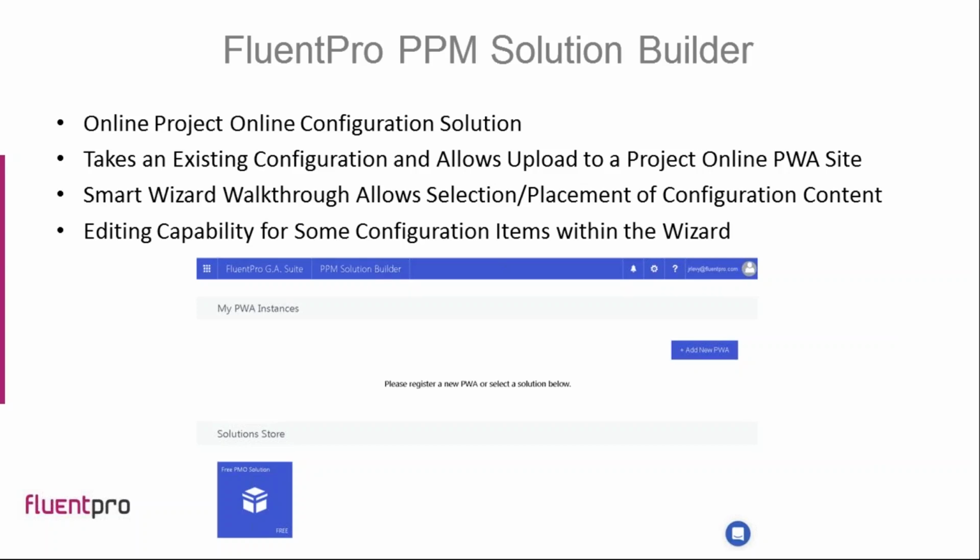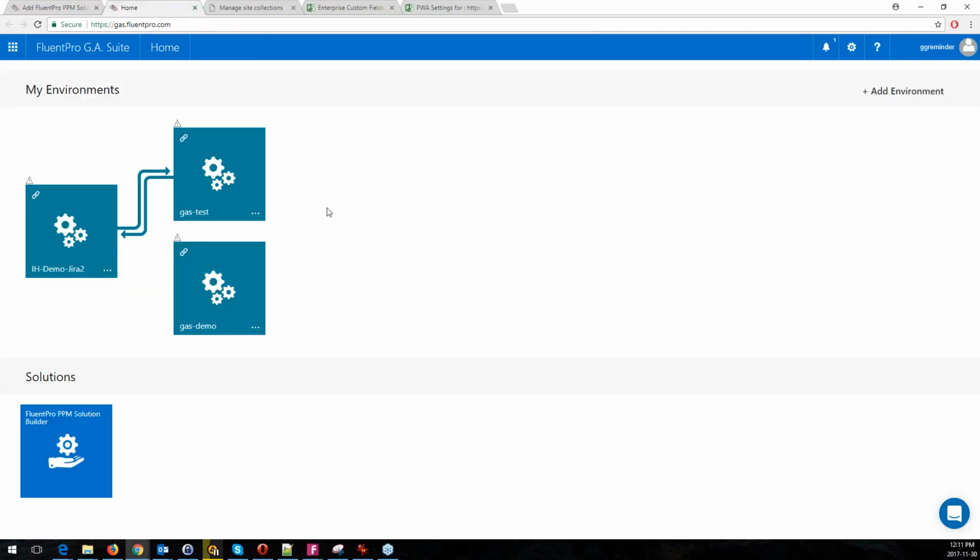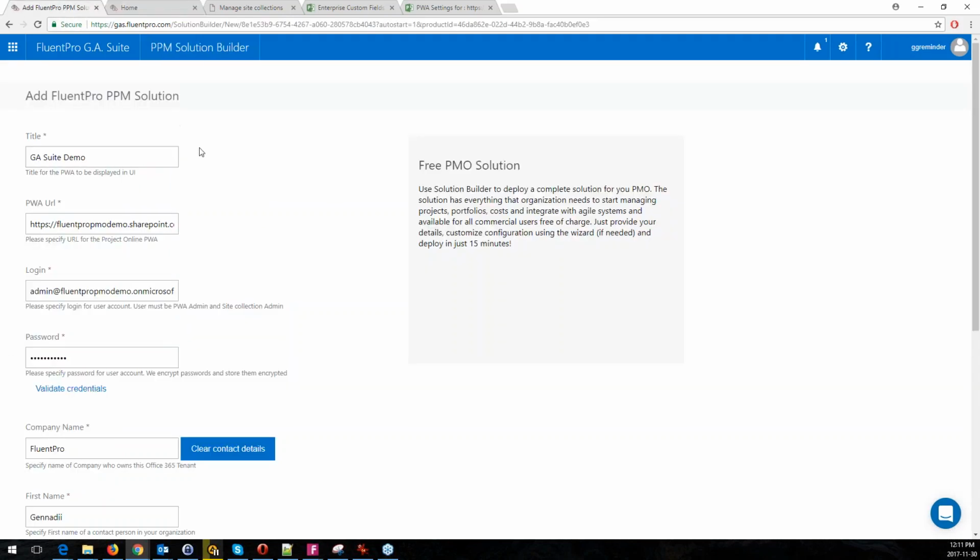Hello, everyone. We're now going to present the current capabilities of the FluentPro GA suite, and here is the screen where the deployment starts. The screenshot from the previous screen was shown by my colleague Jose. So there is the magic button. And when you click it,